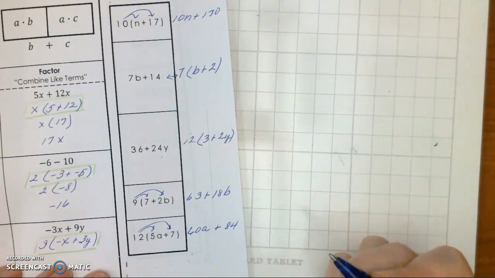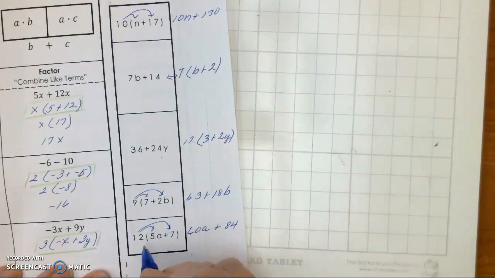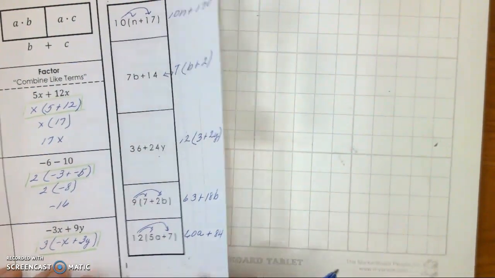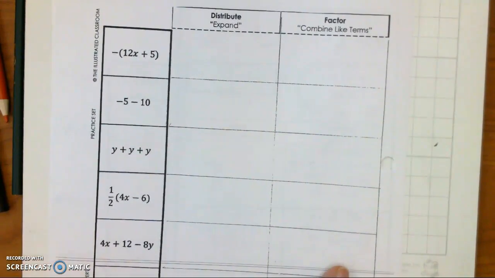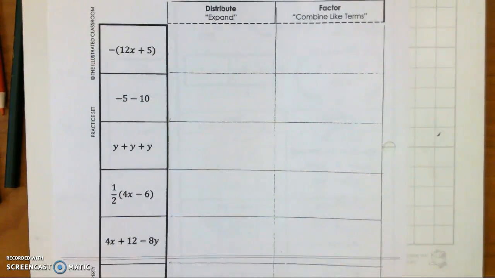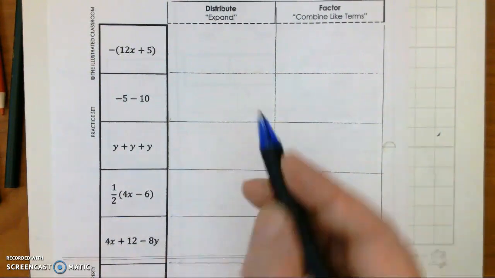Okay? 12 times 7 is 84. Okay? So now if we flip over, we are going to do either distribute or